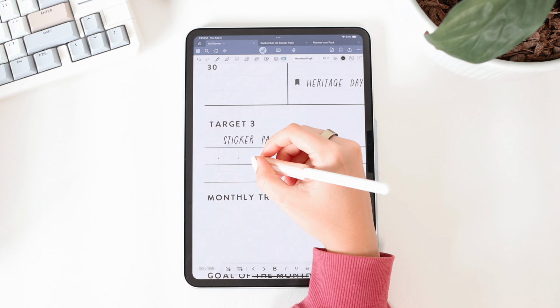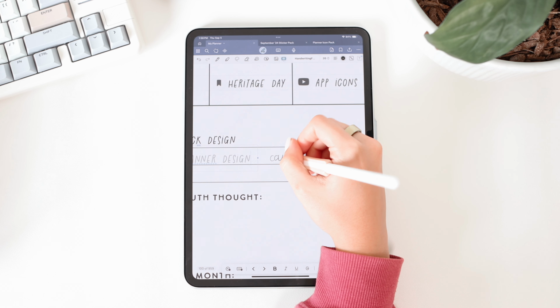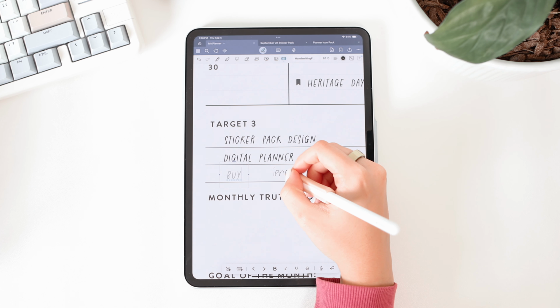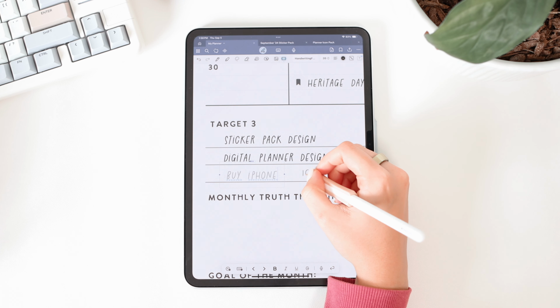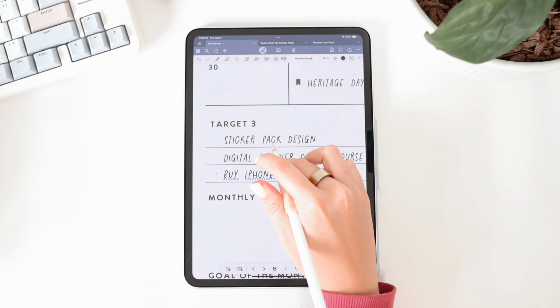this month. I would also like to focus on a digital planner design course, which I'm actually working through at the moment. And then a big target that I have this month is to buy the new iPhone 16 Pro for my content. There's a lot of things around that, but yeah, that's also a big target goal for me